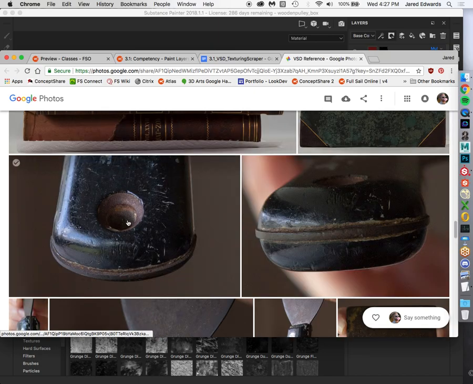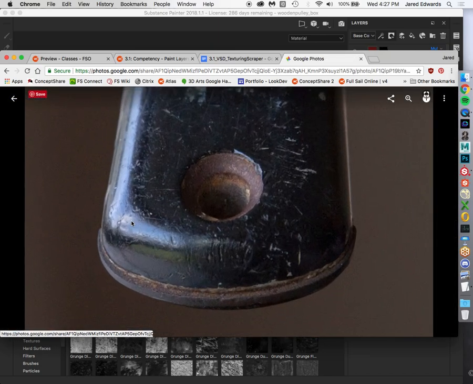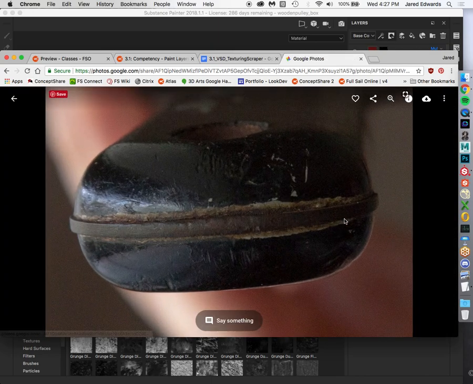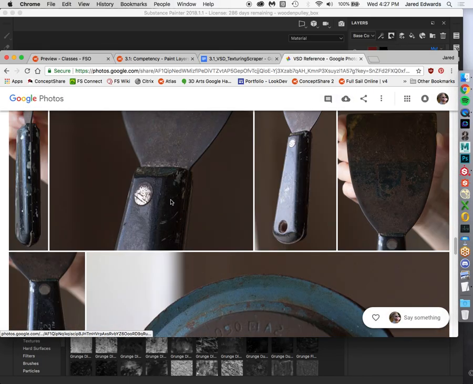Like look at all this little damage in here. Even on the lip right there, the plastic's all beat up. You can see where it's bleeding over the rust a little bit. And one thing I like, I didn't even do this on mine, but I'm probably going to go back there and add it. I love this on the back where that metal piece is sticking out, where it's all corroded. You can see rust and other things are bleeding over the plastic. This thing's in rough shape. And on the side,